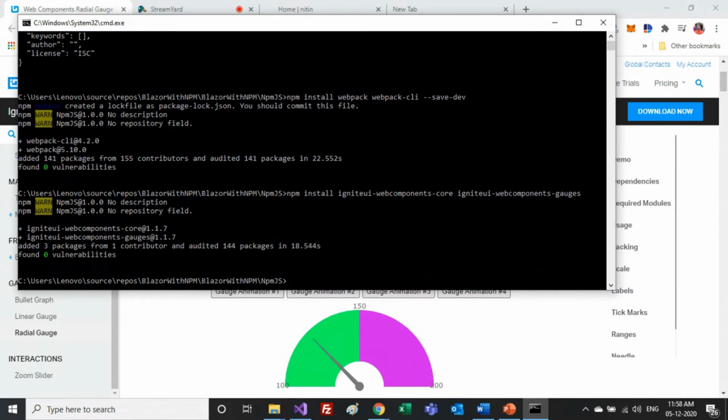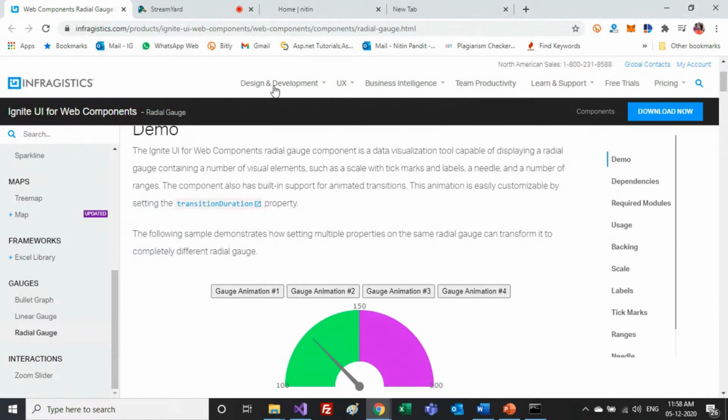Once you are done with it, what we want now is a script that can be imported, and that can be used to import its dependencies directly from this npm package. It's quite a good script.